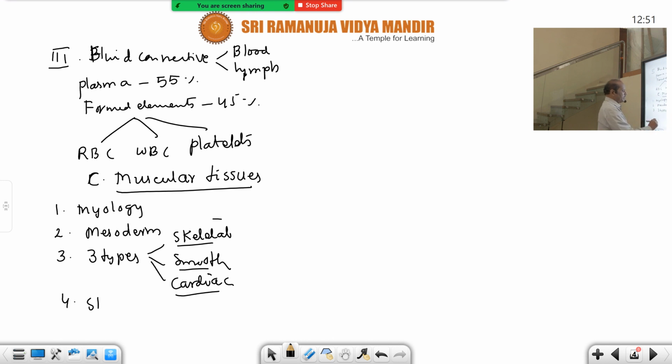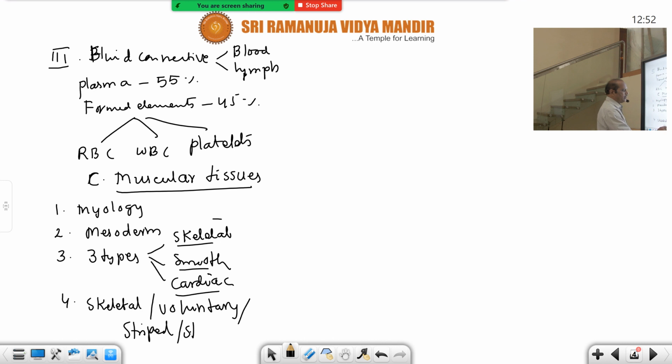First of all, skeletal muscles. Skeletal muscles are also called voluntary muscles because they work under the control of the brain, the coordination of the brain. Hence they work with conscious effort. That's why they are also called voluntary muscles. And many nuclei are present, syncytial muscles, having dark bands and light bands alternately arranged. That's why that nature is called striped nature. Hence these are also called striped